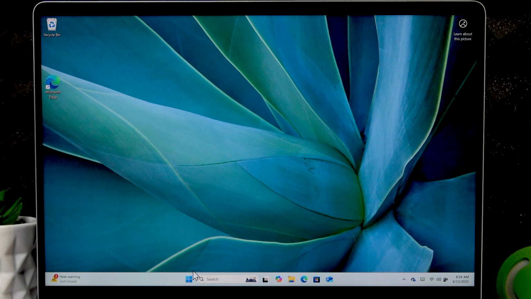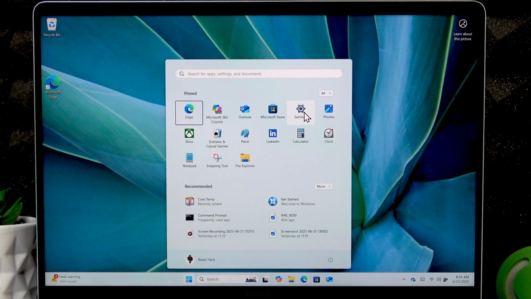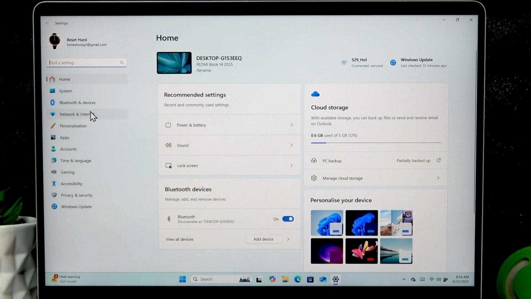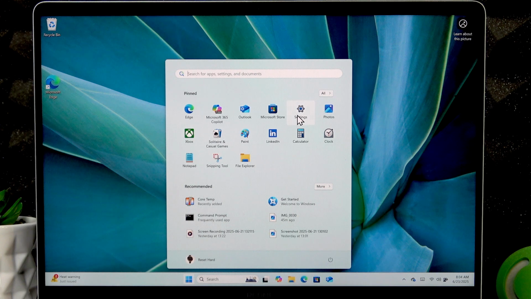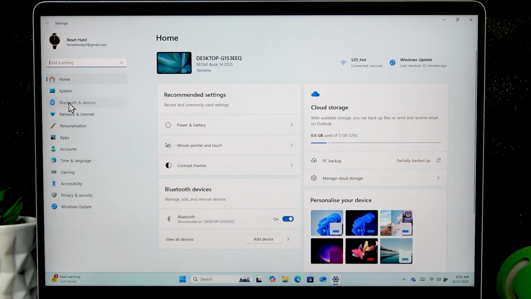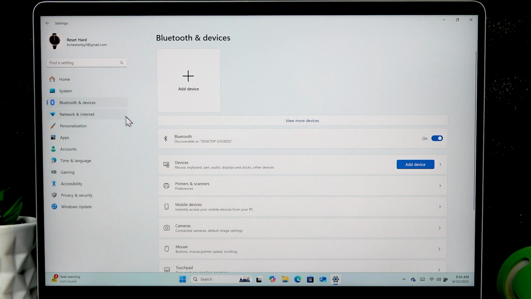The next thing is Bluetooth devices. Click the Start button and go to Settings, select Bluetooth and Devices, and here, if you have some devices connected to your laptop, you can click the three dots icon that will be displayed right here next to the device, and click